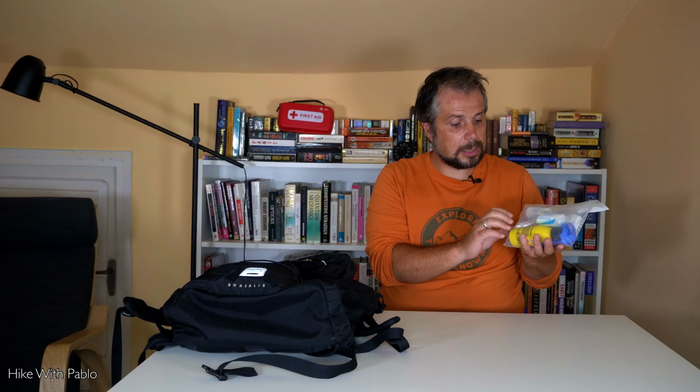I made this particular first aid kit, which contains disinfectant, some gauzes and plasters, antihistaminic cream for insect bites, ibuprofen, some disposable gloves, especially useful in those cases where you have to touch wounds